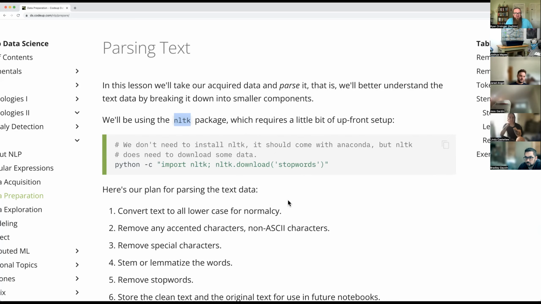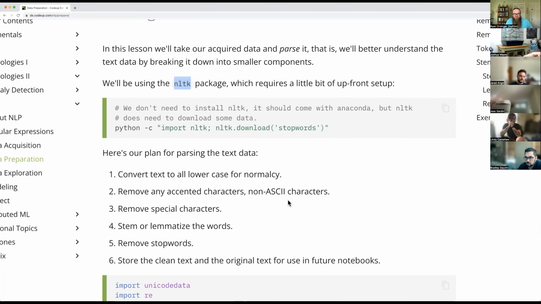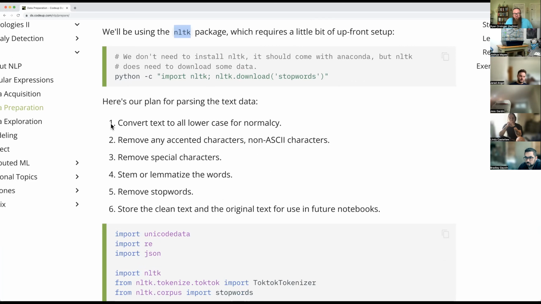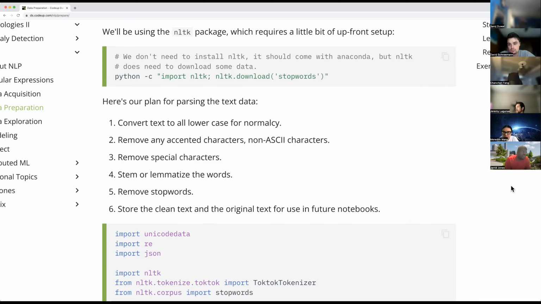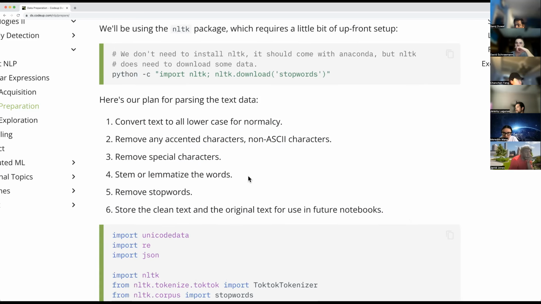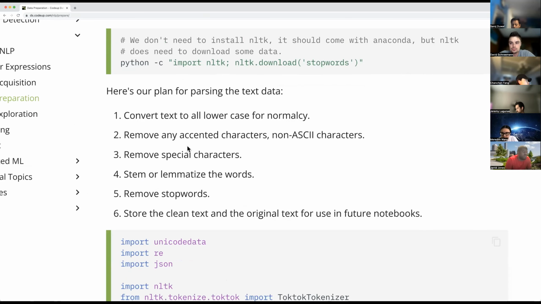And I want to preface what we're doing. We basically have a workflow for parsing our text data, and it's going to take about these 6 steps, much like how the data science pipeline is a general overall idea of how to approach things, but it doesn't mean that it's super rigid, right? Same deal with text parsing and text normalization. So let's talk about what some of these main big steps are